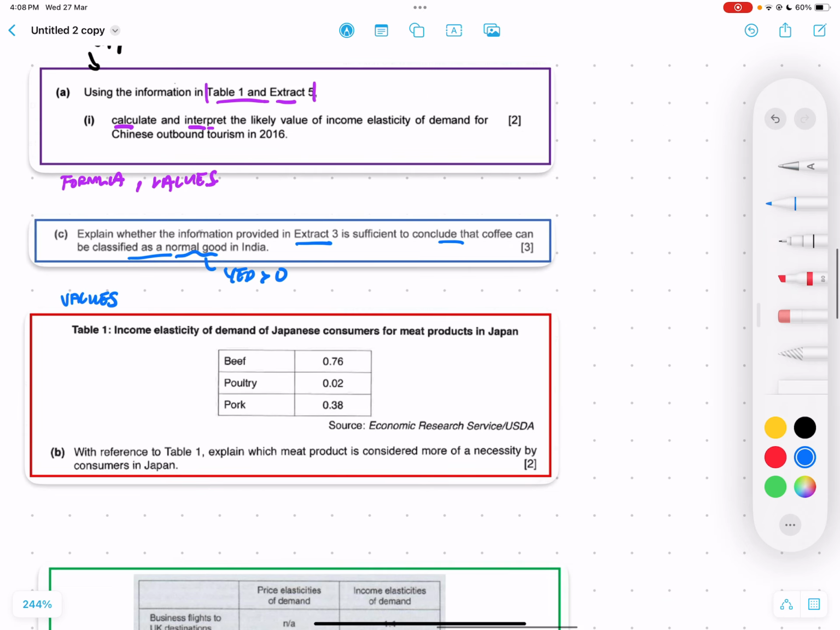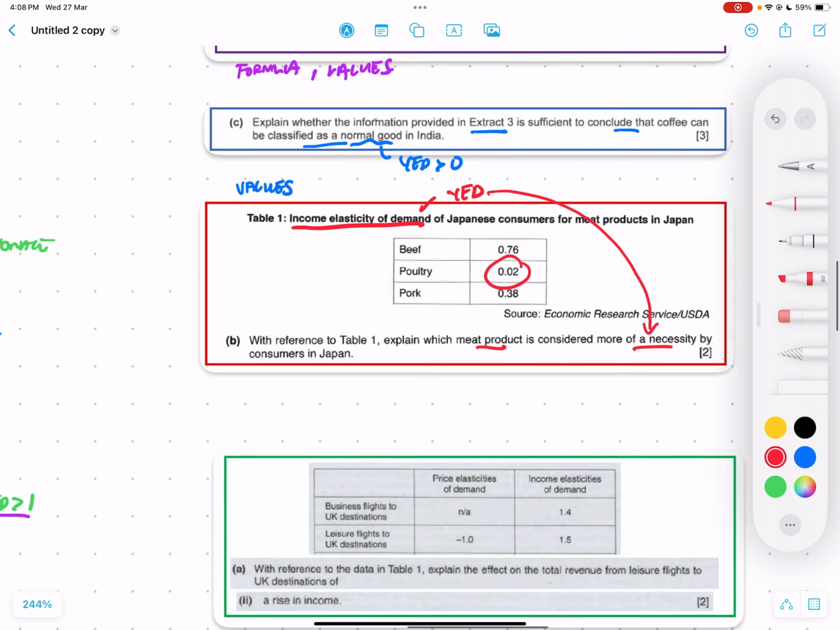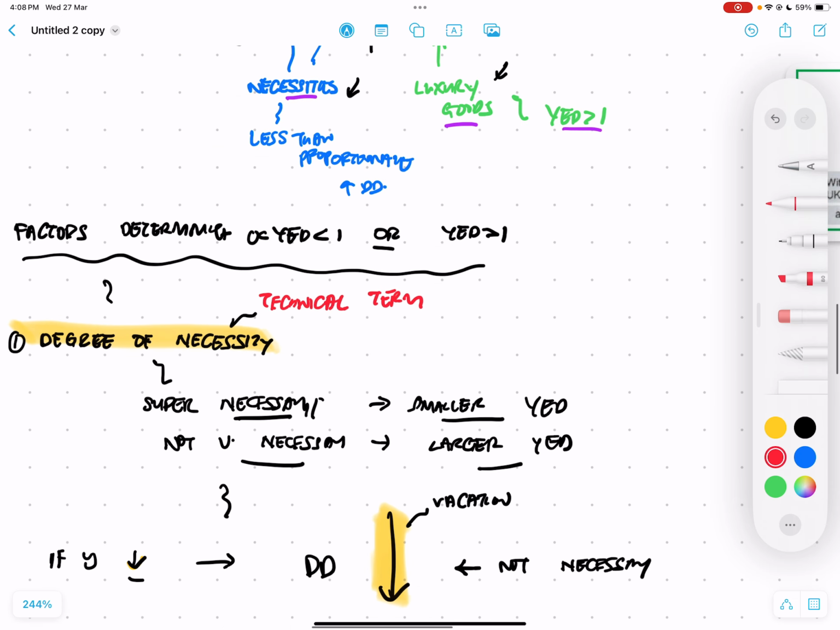Next one, the red color question. With reference to table 1, explain which meat product is considered more a necessity by consumers in Japan. Table 1 shows you the income elasticity of demand values. From the YED you can interpret whether something is a necessity or not. Here poultry has the lowest YED value, and as I mentioned, the lowest YED value